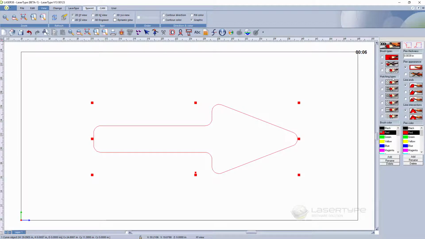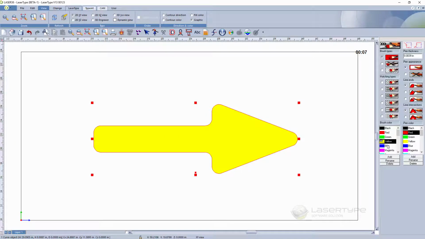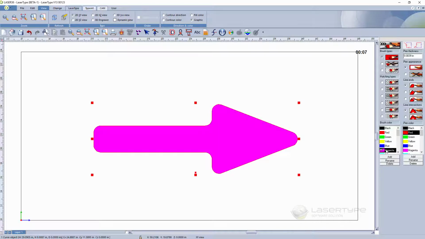So we have on that first column the possibility to set up the coloration with different color presets. Those colors are also set in the machine for different speed and different intensity of the laser.